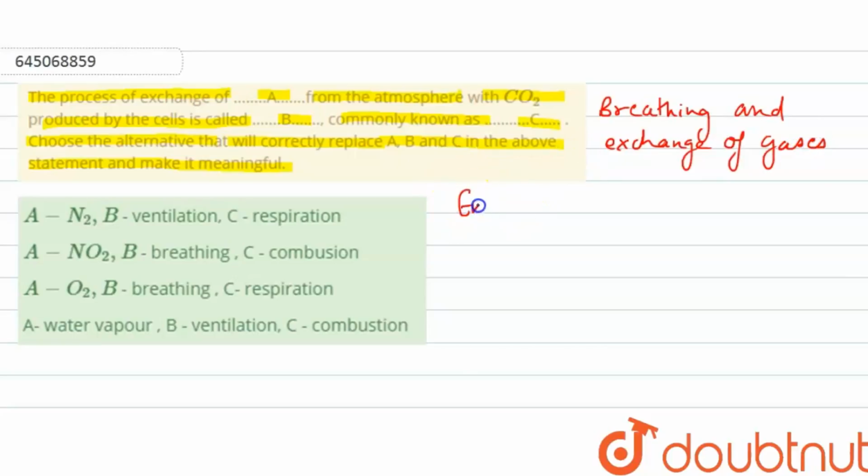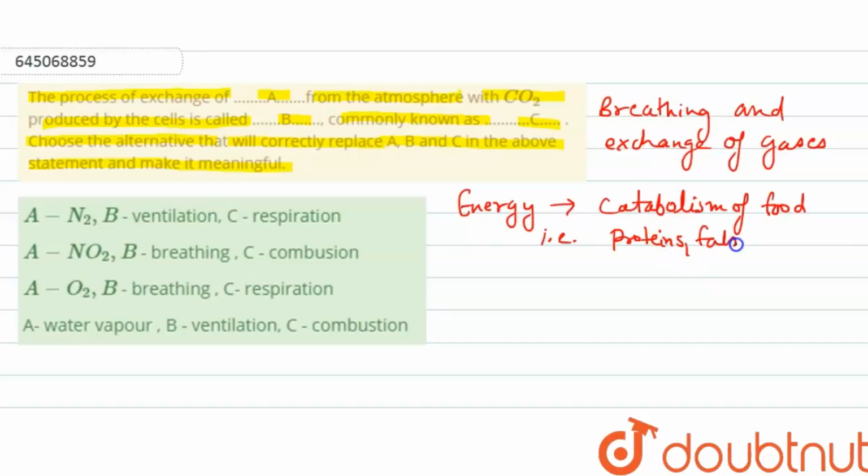So we need energy to perform the various activities in our body, and energy is derived from the catabolism of food components, and these components are proteins, fats and carbohydrates, etc. So for these various catabolic processes, oxygen is required, that is obtained from the environment,